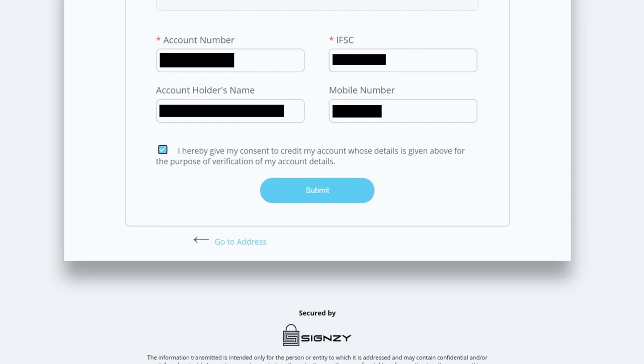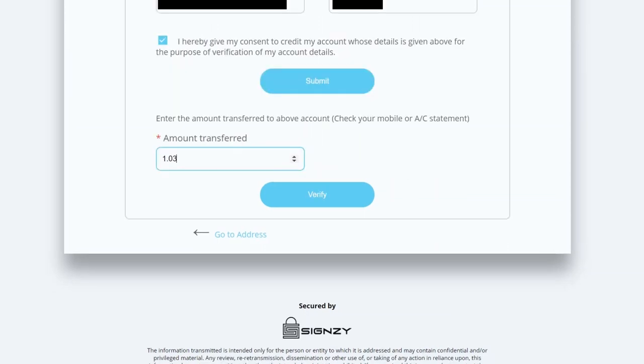Investor has to click on this I hereby consent and then click on this submit button. So once investor clicks on the submit button, they will receive credit of 1 rupee into their account. So they have to mention that 1 rupee or 1.03 or whatever the amount they have received and click on this verify button.